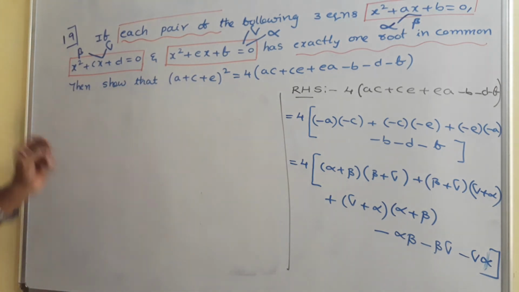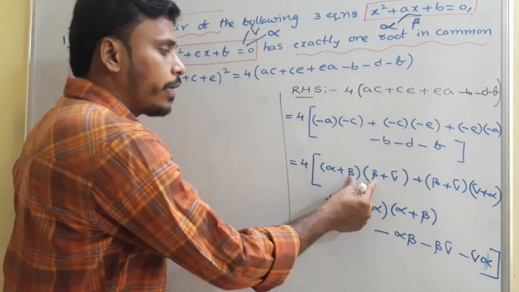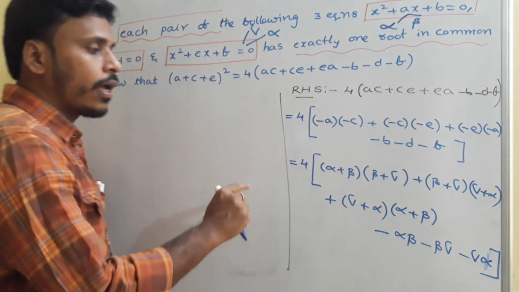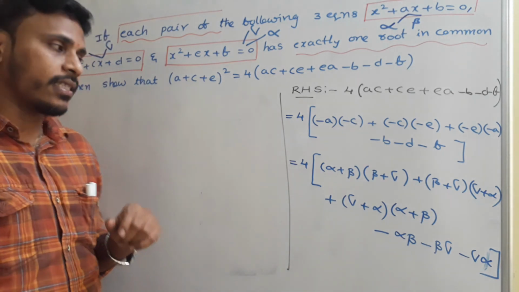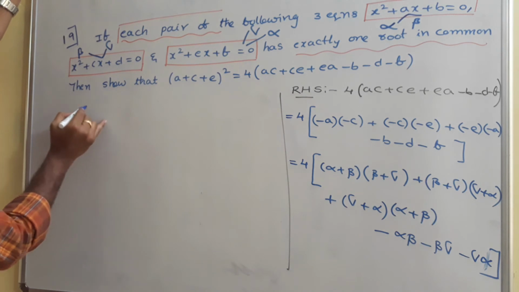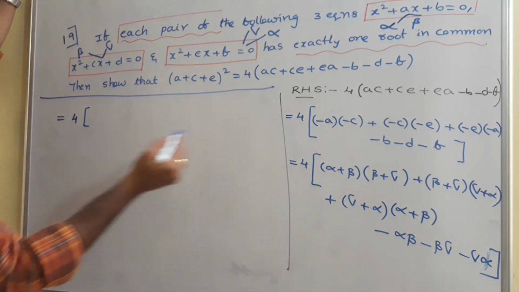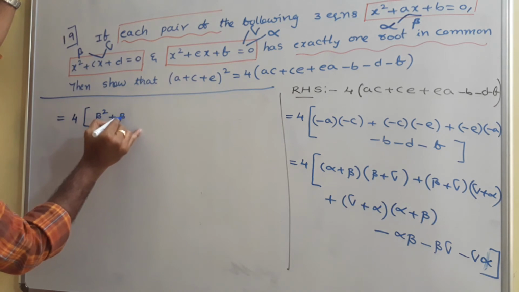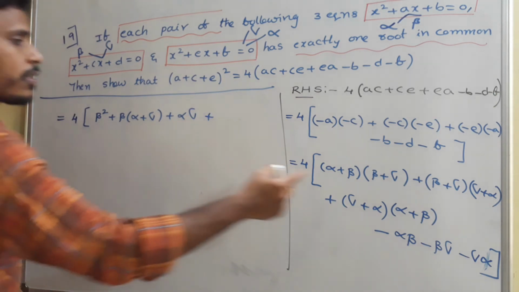Just have a look. So alpha plus beta into beta plus gamma. When you multiply, what will happen? Beta into beta is beta square. And then beta times of alpha plus gamma plus alpha into gamma. That alpha into gamma gets cancelled actually. So we need to do some simplification actually. Okay. So very simple. 4 times of, when you multiply those two, you will get beta square plus beta times of alpha plus gamma plus alpha gamma. Okay, this is the first product.